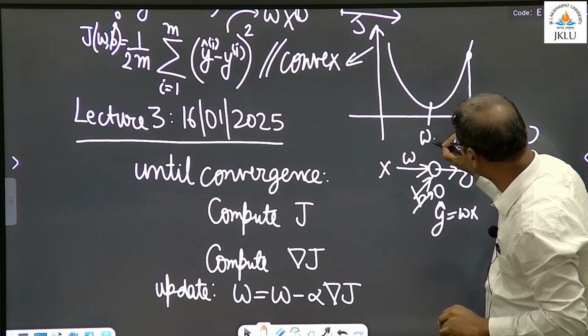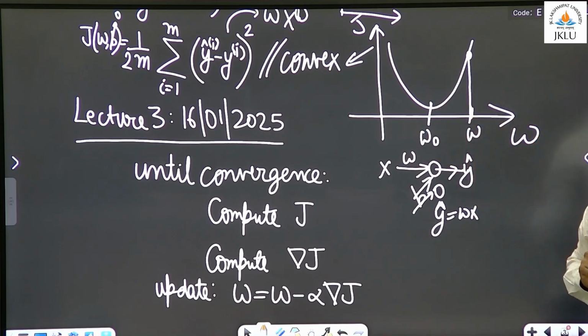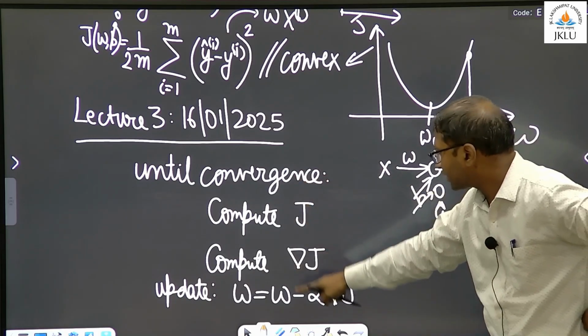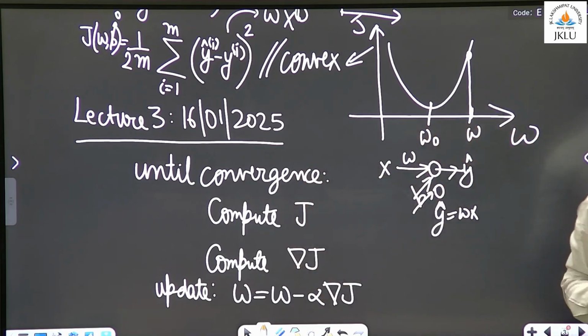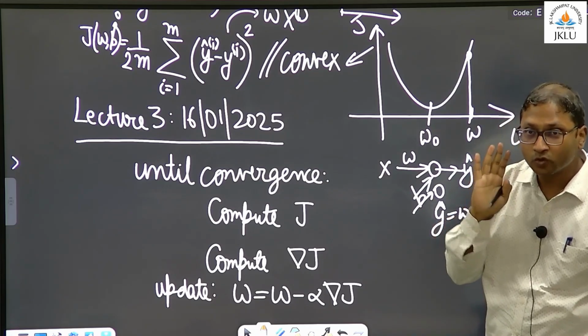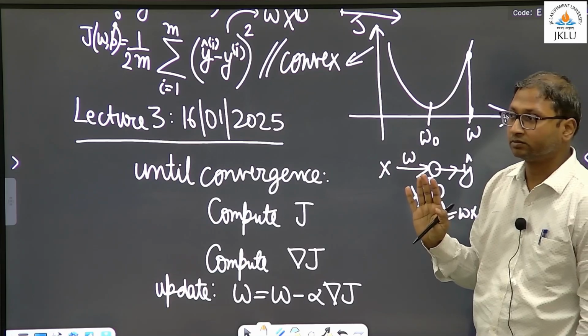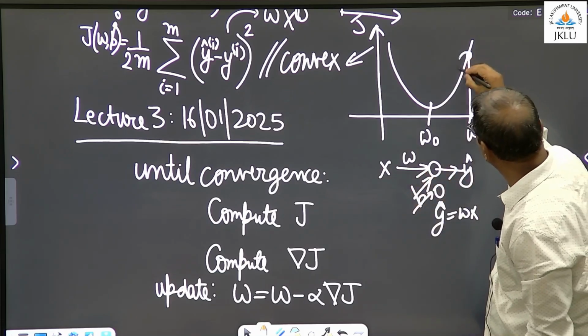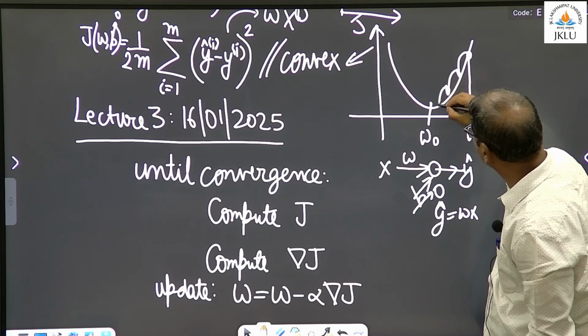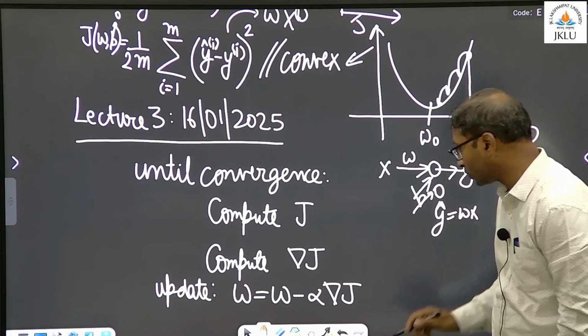Let's call it W naught. You have to help me with this algorithm. I want to reach there. How do I do that? You will see so many lectures where people will say we climb from here, here, here. I personally don't like this analogy,